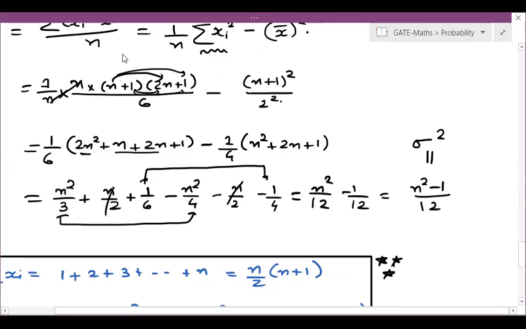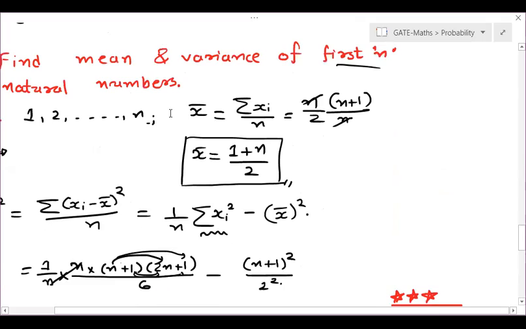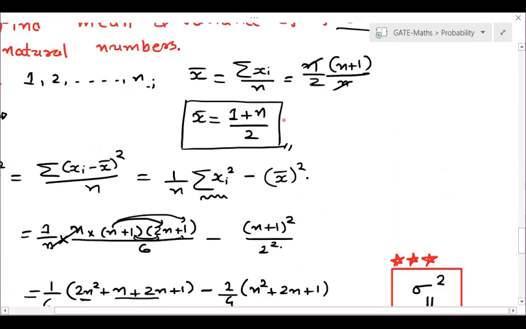So according to my advice, you should remember this as formula, because when we see probability deeper later on, this formula will be directly useful when we are going to find variance of dice. Okay. So mean for first n natural numbers, that you will remember, right? As well as this variance of first n natural numbers, I think you should all know, right? Easily. So remember this as formula.